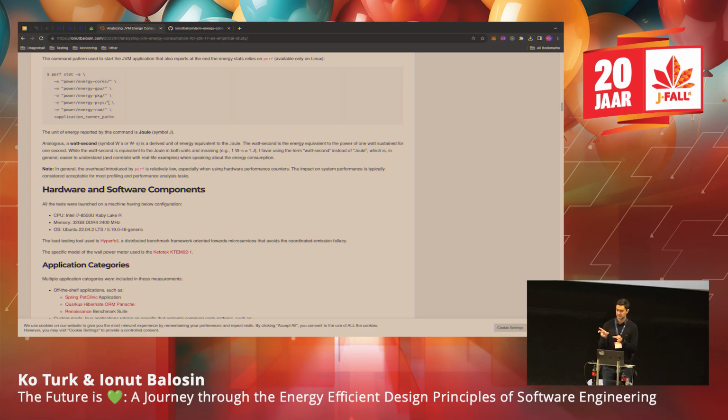Therefore, we took those stats that perf reported, and then we summed them up. And we did these measurements multiple times, and then we came up with some analysis on the data, and we plotted this data. So in a nutshell, this was our methodology.